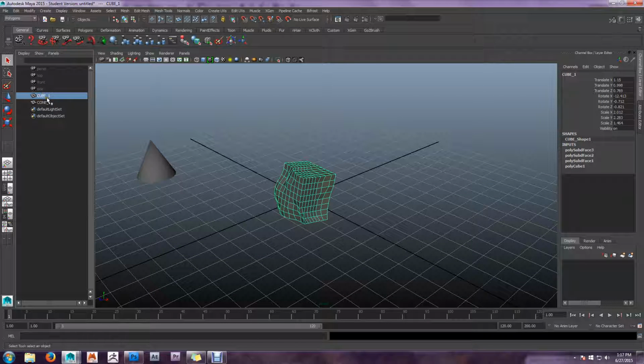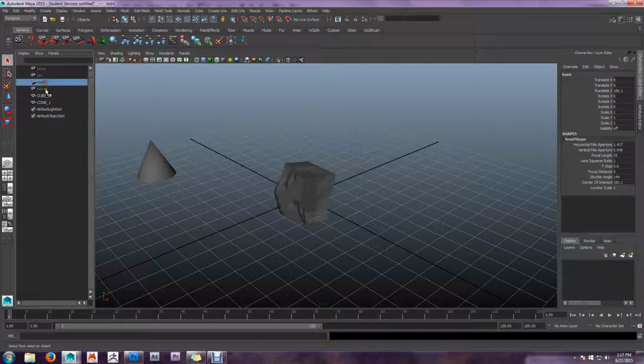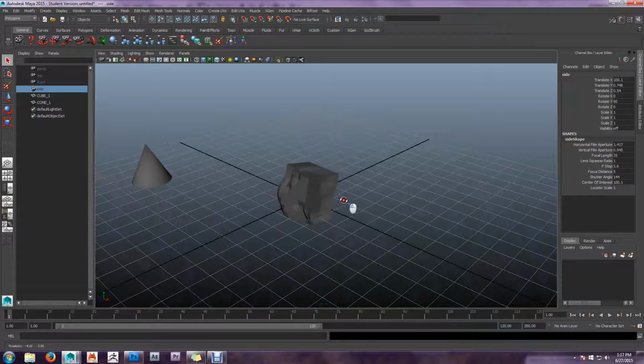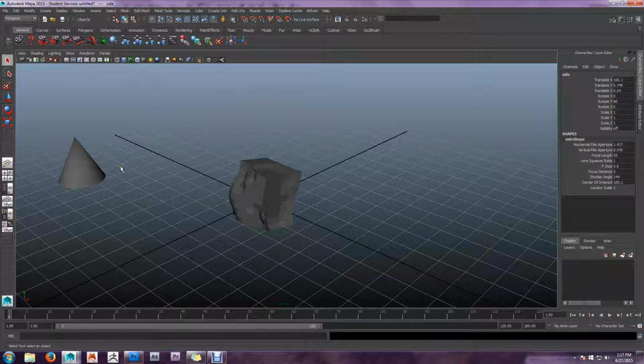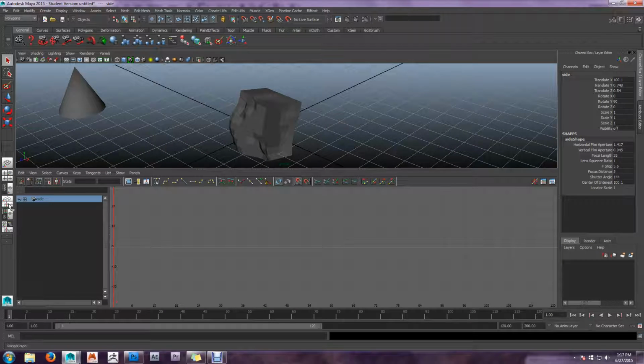I can see what's going on. I can also select my cameras or viewport. These are default cameras that are set up for the viewports, but I can still select them, and I can key them, and I can do some things to them. We won't get into that right now. Okay, so that's very handy, having this outliner. If I switch to another one, it takes away my outliner, so I've got more screen real estate, and so on and so forth. And if I come down here, this opens up a split view from top to bottom,